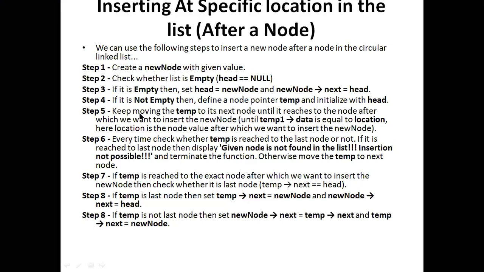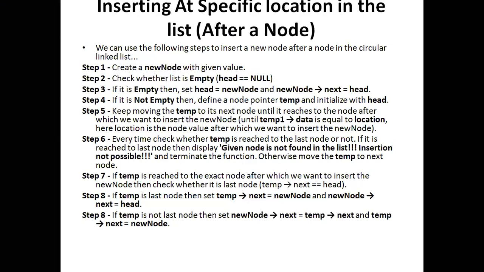In a linked list we have to always move in only one direction. In a single linked list or single circular linked list, we can move in only one direction. Say I have moved 3 nodes, and actually I have 10 nodes. If I felt that some mistake I have done in the first node, I could not reverse back. Once I start from the first node, I have to reach the 10th node in a single direction. That is also one of the important characteristics of linked list. If it is not empty, then define a node pointer temp and initialize with head. Keep moving the temp. Temp we are using as one pointer.